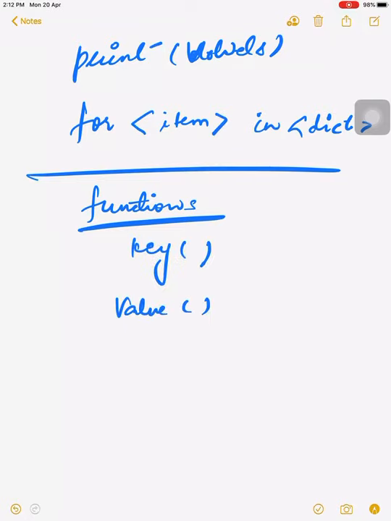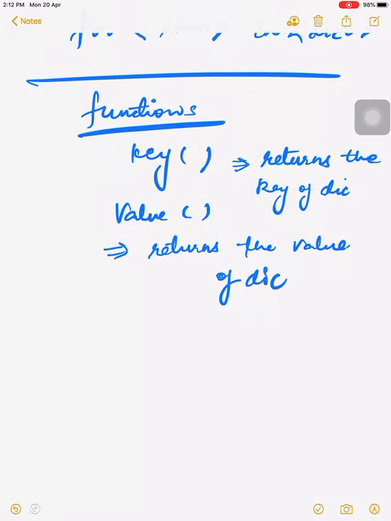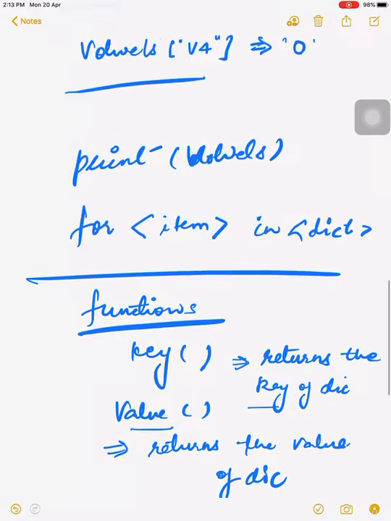Now we will discuss two functions of the dictionary. One is the keys function and the second is the values function. As the names signify, the keys function will only return the keys of the dictionary, while the values function returns the values of the dictionary.